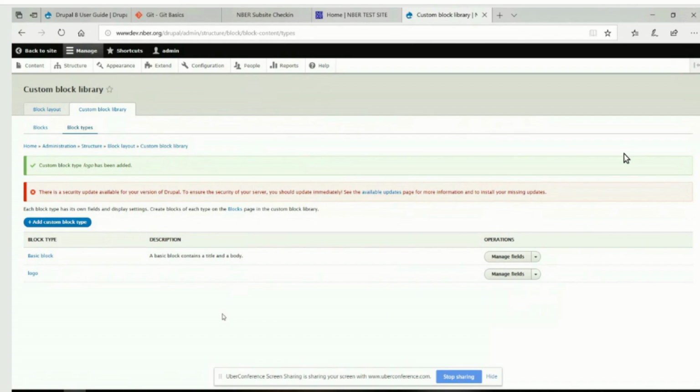Perfect. Okay. So now we're creating a custom block type. So this is like the structured data for a block. So we created the new logo type. So if you go in and you click Manage Fields to the right of logo,